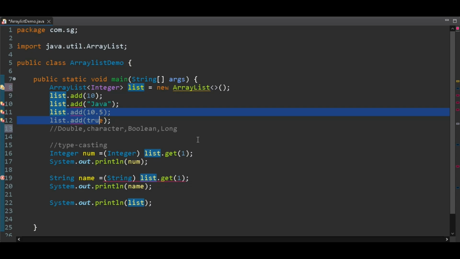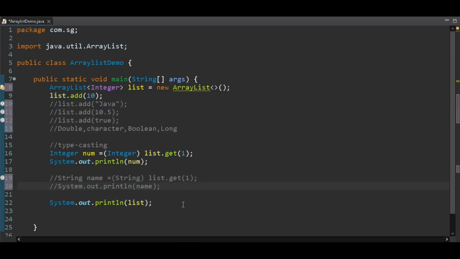Okay, so basically generics provide us type safety and detect errors at compile time, and this is one of the main advantages of generics. Okay, clear? As well as generics also help us while retrieving the data. Let's see how. Earlier when we were using an array list without generics, we needed to typecast the value, right? But now we have specified integer as a generic type, and therefore typecasting is not required because Java already knows that this array list contains only integer values.